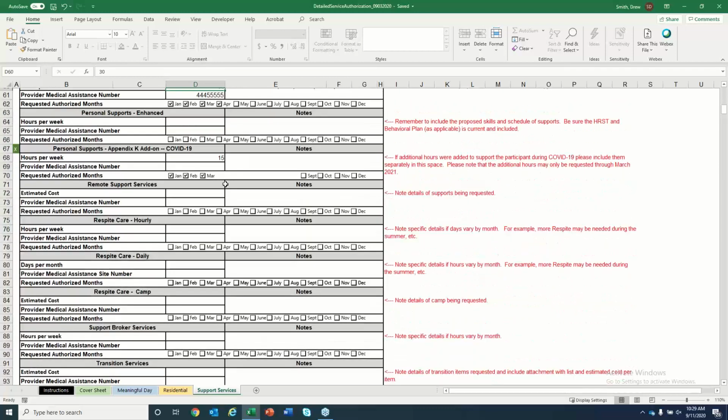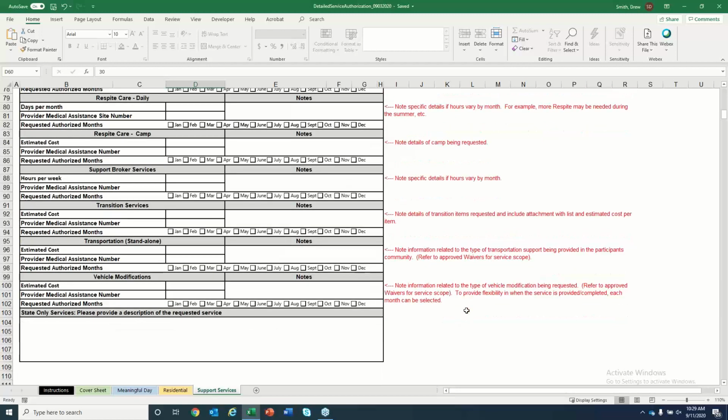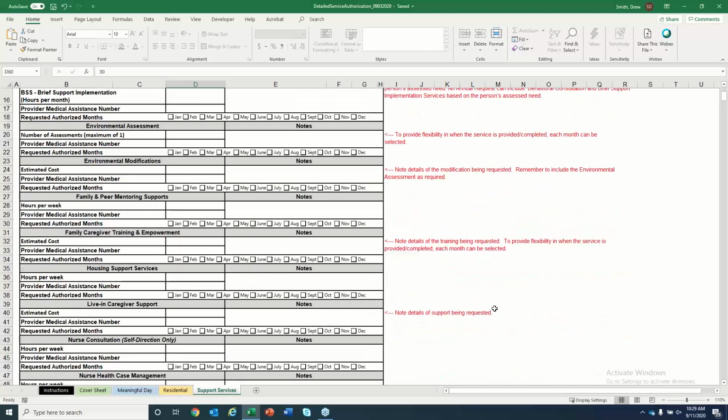As we look through the entire tool, you'll see that we do have a lot more information or suggestions around types of information that will be needed in personal supports. Hopefully, as you've taken a look at the tool, those are helpful reminders. If there are suggestions, I think that with any tool that gets released like this, I mean,